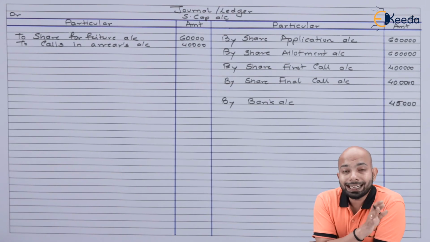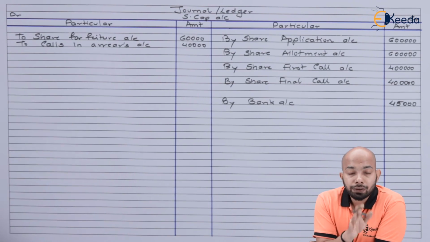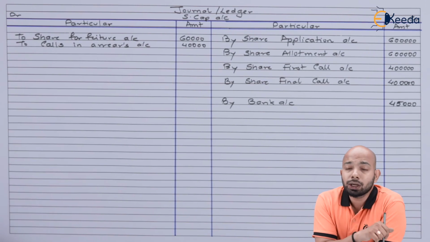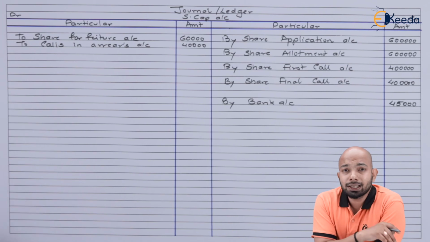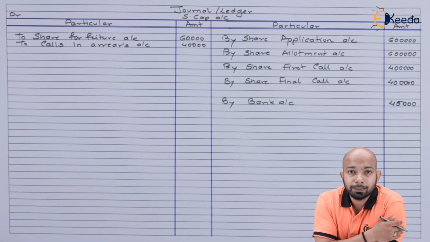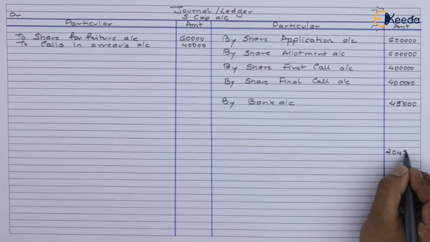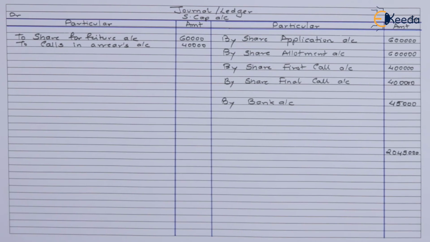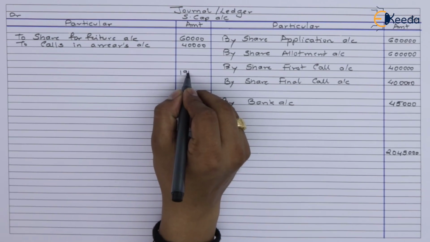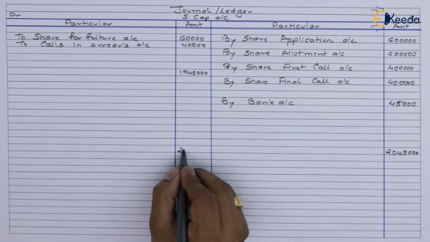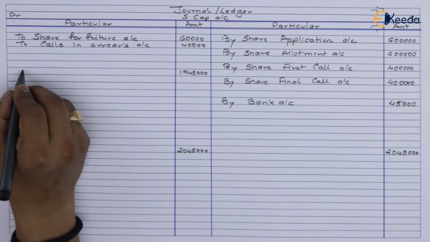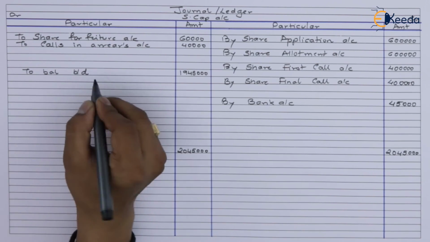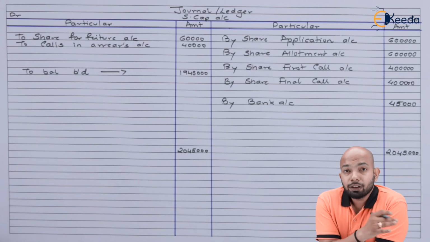So now we have prepared all the capital account. We are now supposed to tally this account. We can clearly see that the credit side is more as compared to the debit side. Hence, the balancing figure will be on the debit side here. So the balance that we have brought down here is 19 lakh 45,000.